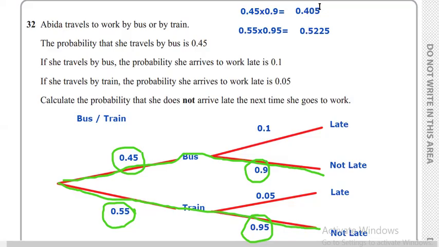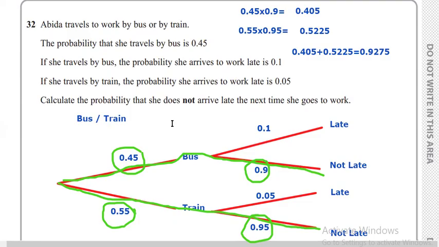Now I'm going to add both of them together to get the final answer. So 0.405 plus 0.5225. And the final answer is 0.9275. So the probability of her not being late the next time she goes to work is 0.9275. As we said, tree diagrams are very important and you have to be careful on the way you use